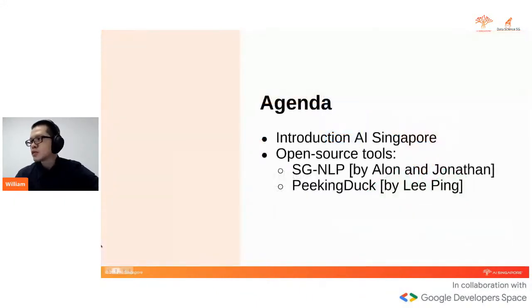I have my colleagues with me today, Alan and Jonathan, who will share with you the potential values of SG-NLP to those of us who are dealing with natural language. And then later on, Li-Ping will demonstrate to us how Peking Duck can make our life as computer vision practitioners easier, right? But before we jump into the tools, allow me to set the context by quickly introducing you to